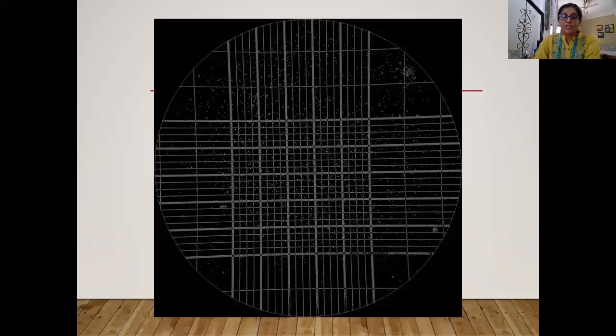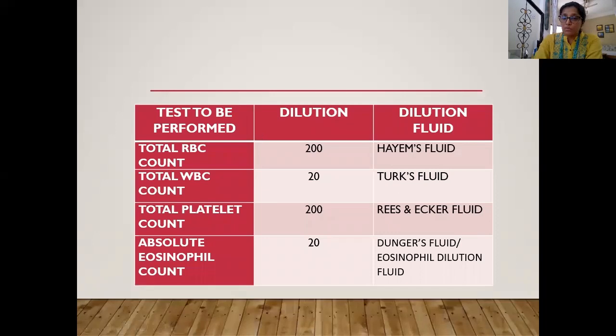Again, now this is what I have focused. This is the WBC counting which we were doing, and I focused it in the lower power. And here you can see that in these it's the RBC counting. And here you can see in a small square with 16 smaller squares, every smallest square has a fixed number of RBCs. Now, which cells do we count and which we do not?